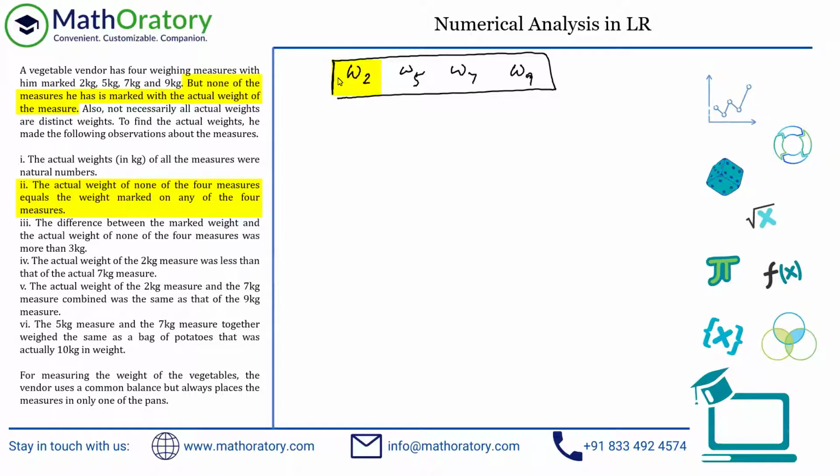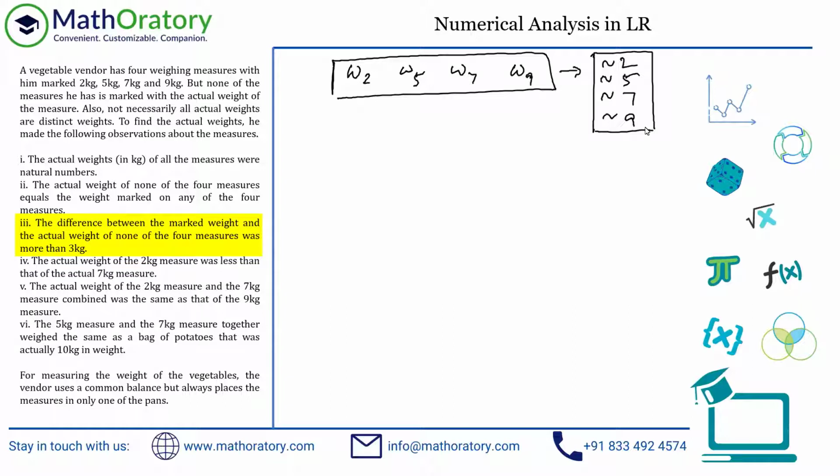So the 2 kilo, which is marked, is not actually 2 kilo. But now this point number 2 is further telling us that the 2 kilo that is marked, or the measure that is W2 in this case, cannot be 2, cannot be 5, cannot be 7, cannot be 9. So none of these are actually the weight. We don't have a 2, we don't have a 5, we don't have a 7, and we don't have a 9. I use this symbol for not. You can put crosses as well if you prefer, or complement or something. So none of these could be 2, 5, 7, 9. Brilliant, so that eliminates a lot of possibilities.